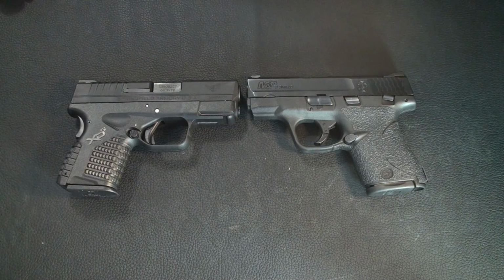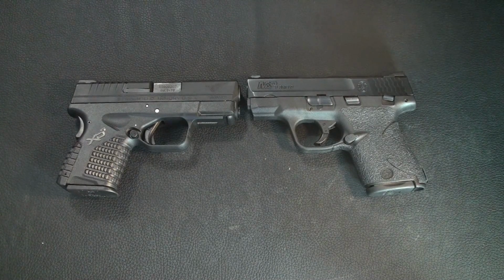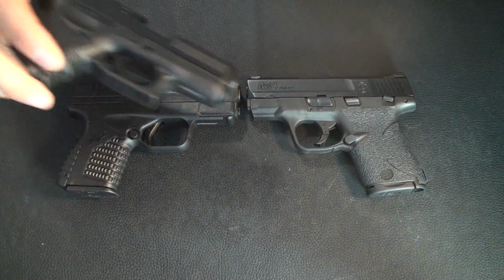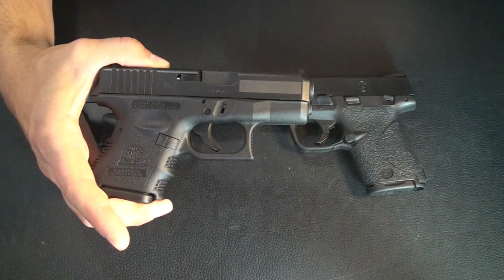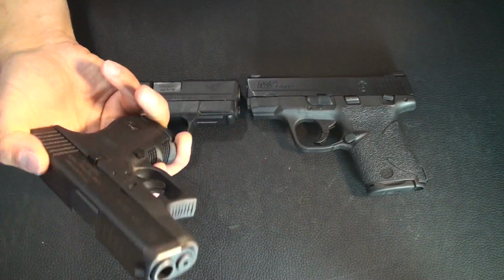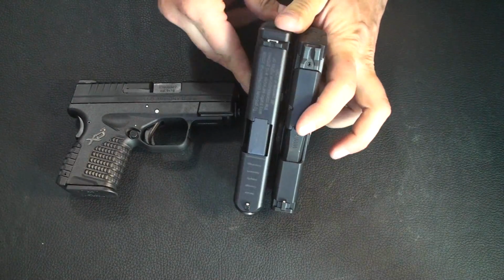Now, Glock recently came out with their Glock 42, which is a smaller version of their Glock, but we all cried foul when that thing did not come in a 9mm. I don't know what they were thinking, but here's just my Glock 40 that I had here, and for size comparison, it's the same size as a Glock 27, same size as the Glock 26, the subcompact Glock. And if you stack all these together,